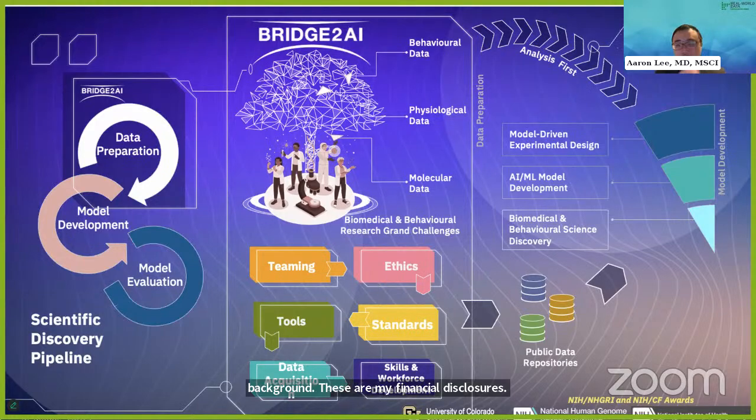The Bridge to AI program is an NIH-wide Common Fund program, and it's really focused on the very first half circle that you see on the left side of this slide. It's really about data preparation. The Bridge to AI program really is, in my opinion, a bridge to AI. There's very little AI work actually happening inside the program, but it's about doing some of the really difficult work in collecting standardized data, harmonizing it together, and packaging it for release so that other people and the wider community can do model development.